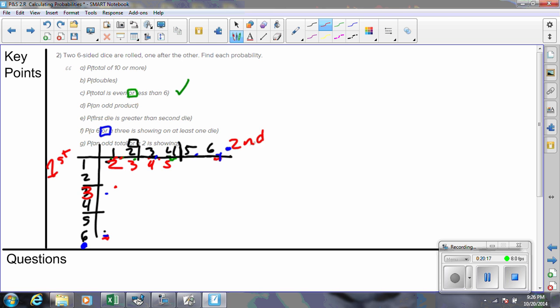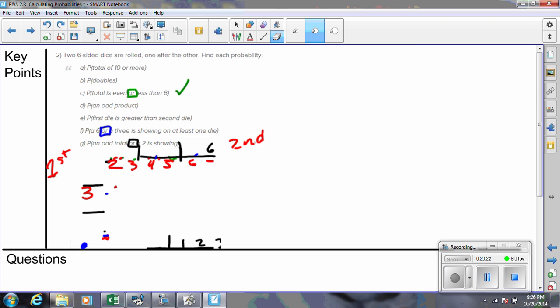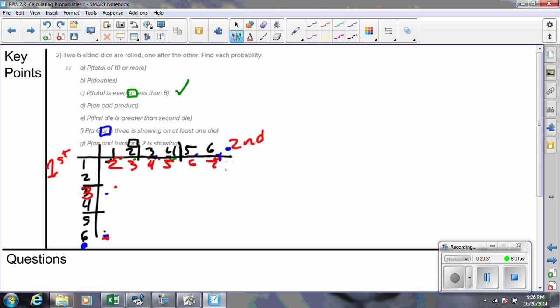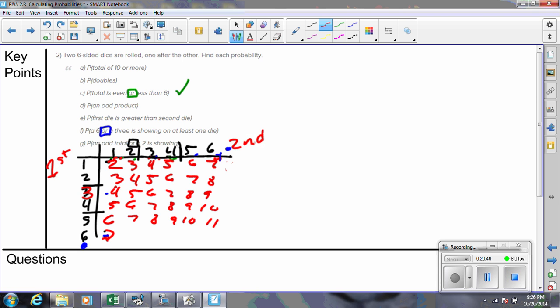2, 3, 4, 5, 6, 7, 8. I went too far on that. It only goes up to 7. Oh man, let me get rid of this 8. Didn't want that. There. And then we'd have 3, 4, 5, 6, 7, 8. 4, 5, 6, 7, 8, 9. 5, 6, 7, 8, 9, 10. 6, 7, 8, 9, 10, 11. 7, 8, 9, 10, 11, 12. And I'm just quickly replicating the